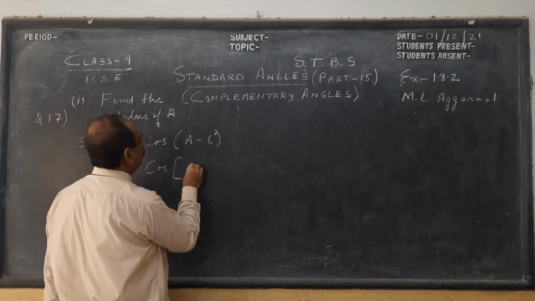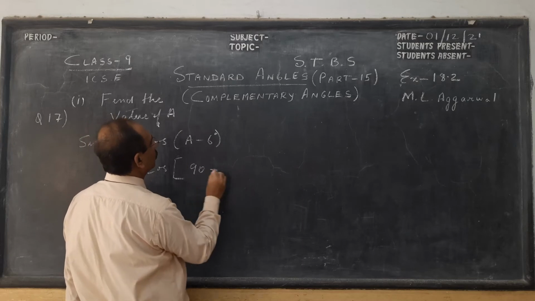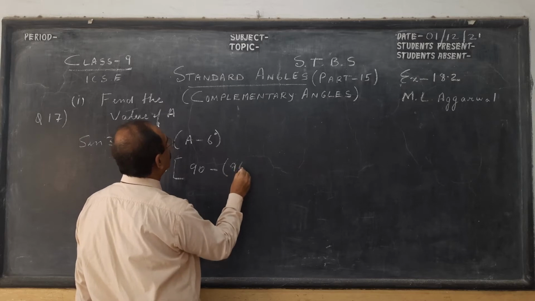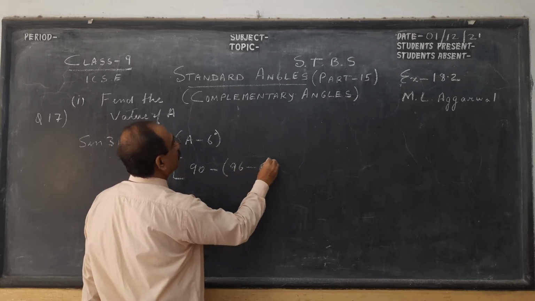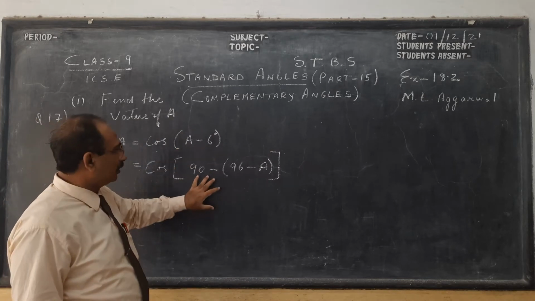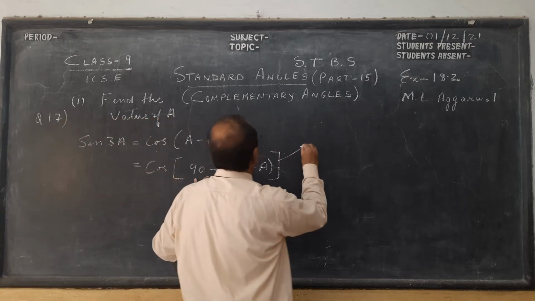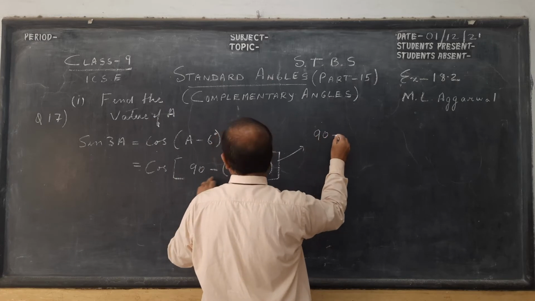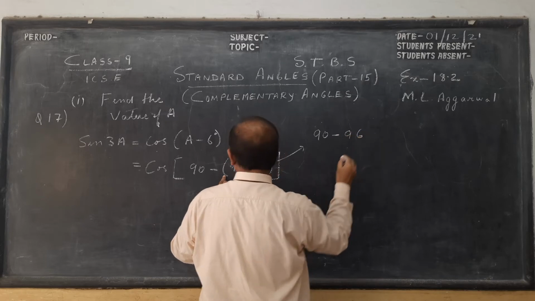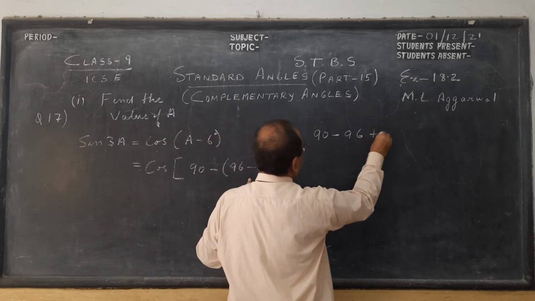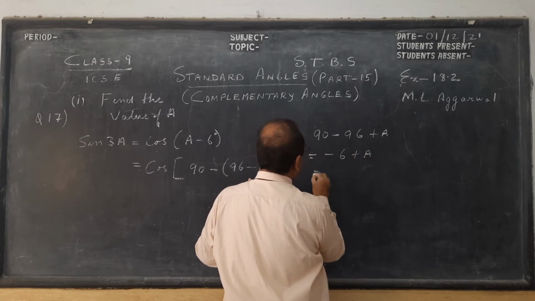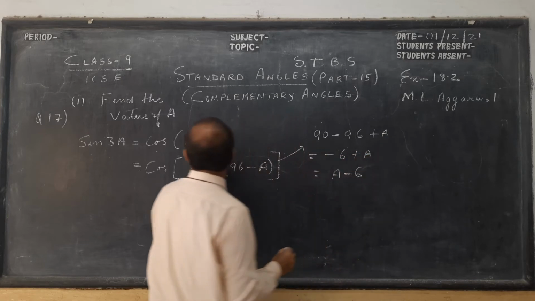In my previous sum we saw, and this sum. So 90 minus, I have to get minus 6, means it should be 96 minus a. Try to open the bracket and see. This is a very important thing. I'll just show you whether I am right or not. 90 minus 96, okay, if you open the bracket, minus minus plus a. So finally what I get, children? Minus 6 plus a, which is nothing but a minus 6. See, I have got this.